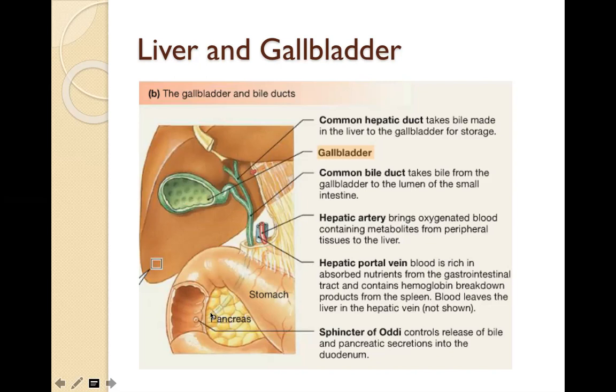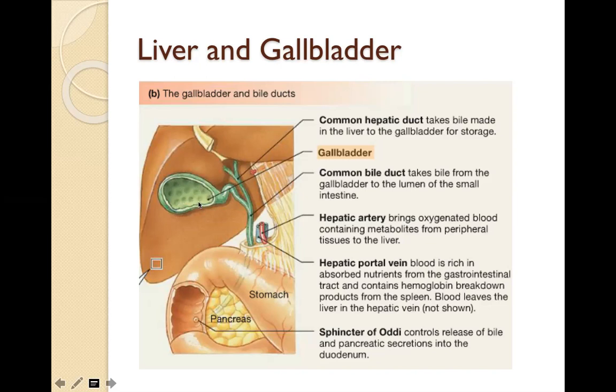fats as efficiently. So people who've had their gallbladder removed, they tend not to be able to handle very rich meals that are high in lipids anymore. So they have to be really careful, because the concentrating ability of the gallbladder when you have your gallbladder removed is gone. So we have the common hepatic duct, and then we have all this bile that's going to be